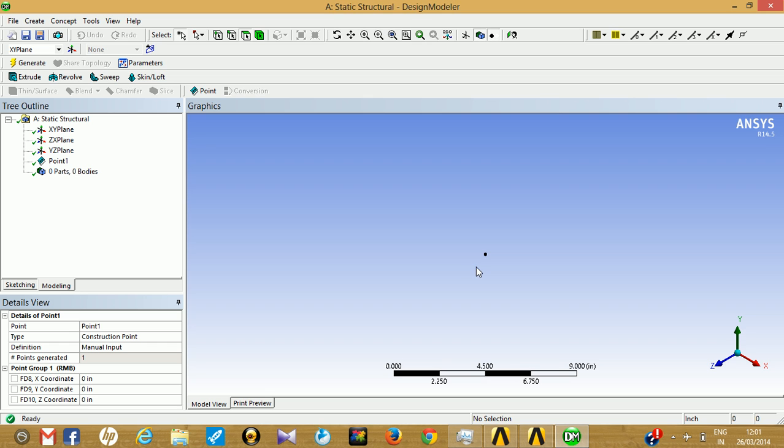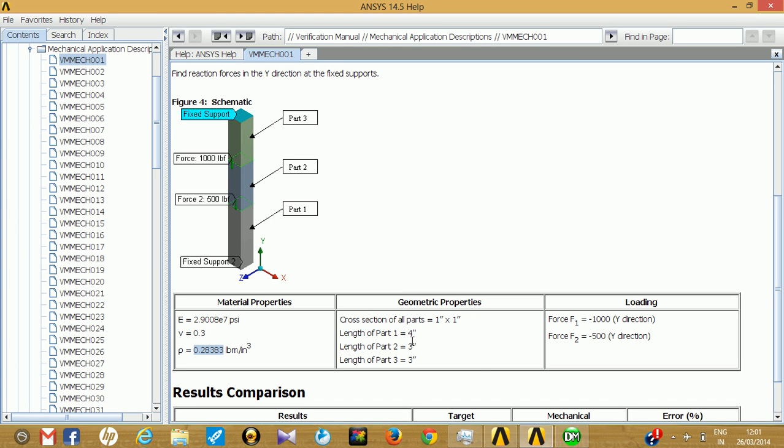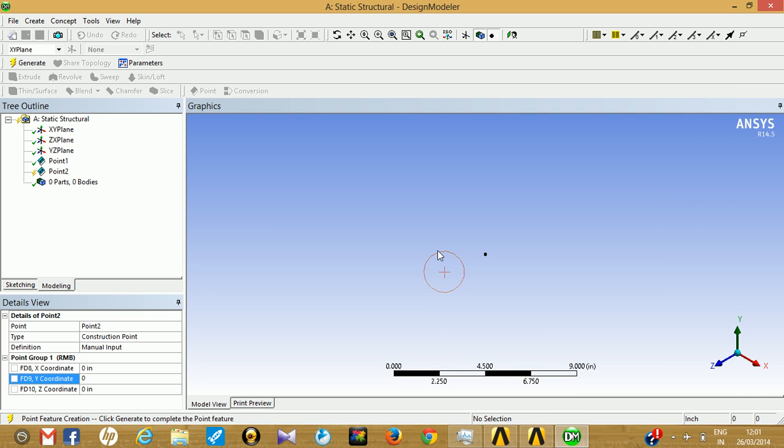So right now the coordinate point is created at origin, and pick up the point. Same thing, made as second manual input. And what is the second value? In the y direction we require a distance of 4 inches. So this is the 4 inches we require. So I'm going to give the 4 inches in the y direction,